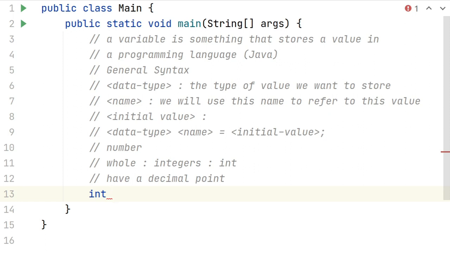But the problem with writing a variable name like A, B, C, X, Y, Z is, after a while you'll not be able to recollect why you created this variable or what particular value this variable is actually storing, right? So instead we try to write a meaningful name for this. For example, if I want to store my class roll number, I will not name it A.